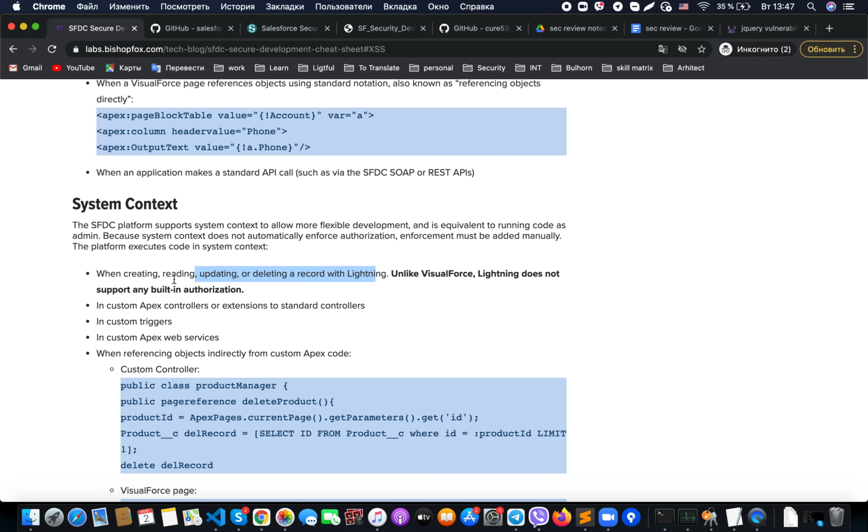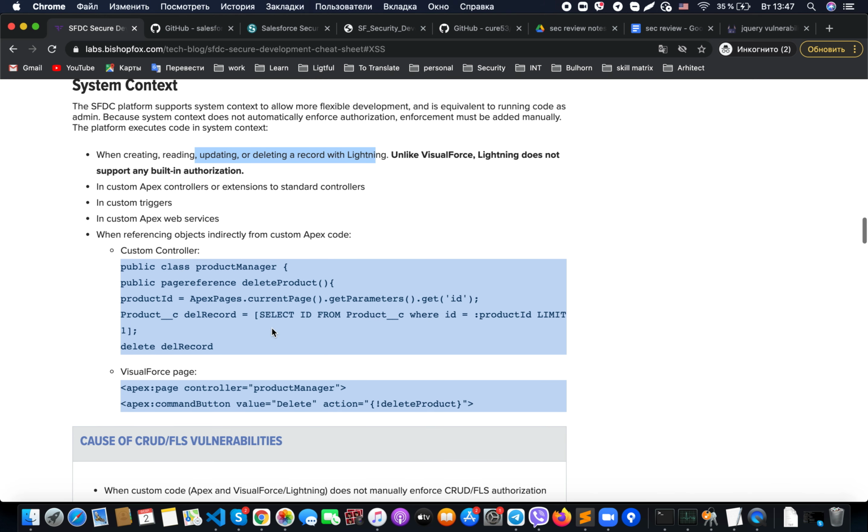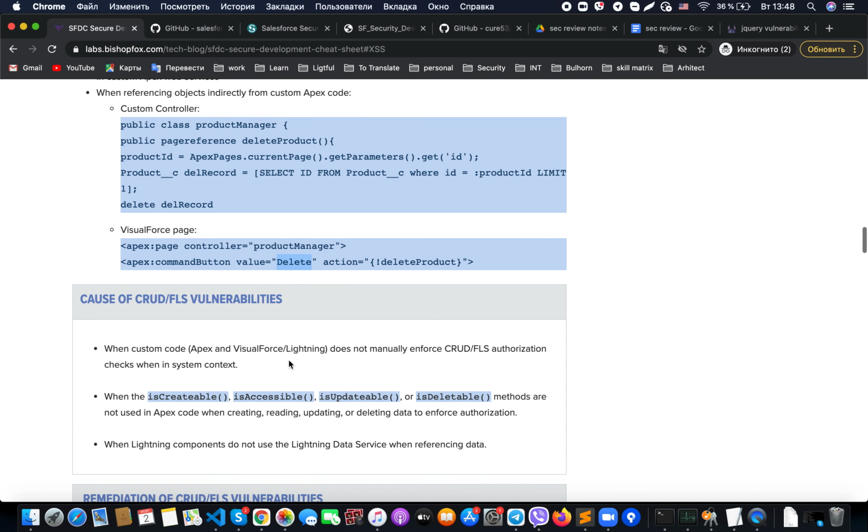In custom Apex controllers or extensions to standard controllers, we will also need to perform CRUD and FLS checks, in custom triggers, in custom Apex web services, and so on. In Visualforce pages, when we have, for example, a custom controller and buttons that allow us to perform DML on some object, here also we will need to check if